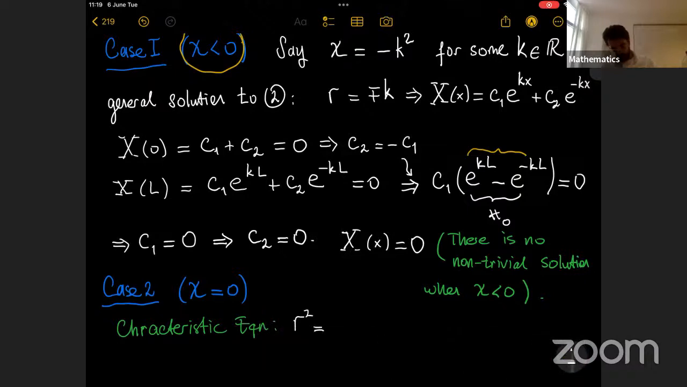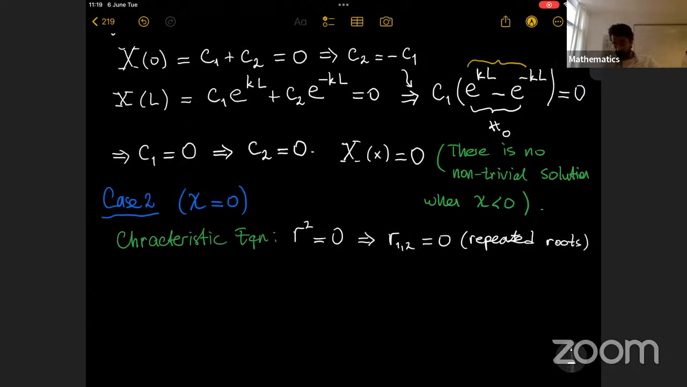R square is equal to 0. This implies that we have two roots, R1 and R2, which are both 0. These are repeated roots. So what is the solution in this case? The general solution